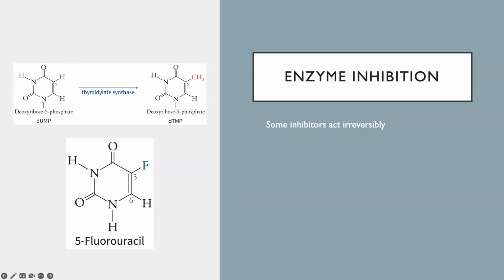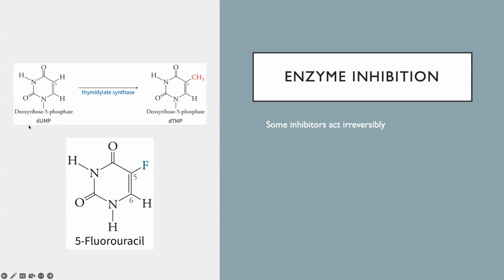We can also think about how we inhibit enzymes. So what does it mean to inhibit? Whenever you're inhibiting, you're going to turn off activity, and the best way to think about this is how drug therapeutics work. Some inhibitors work in an irreversible manner, and these inhibitors bind covalently to the active site. We can also call these suicide inhibitors. And so one example of this, you can have